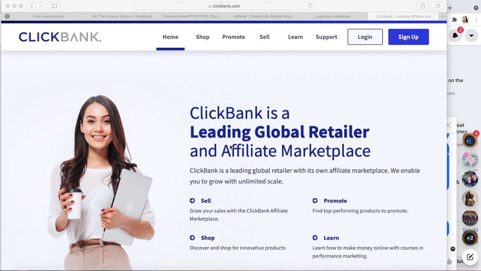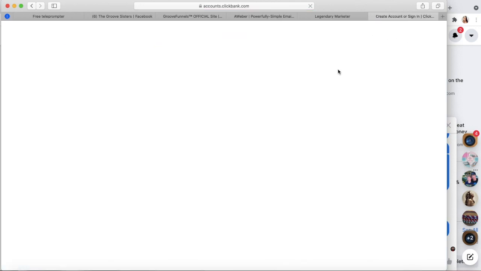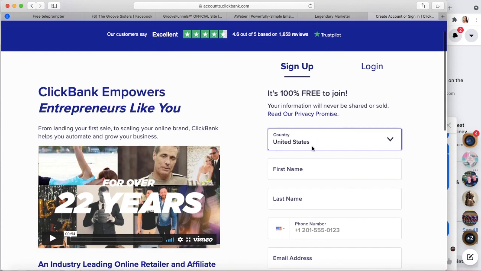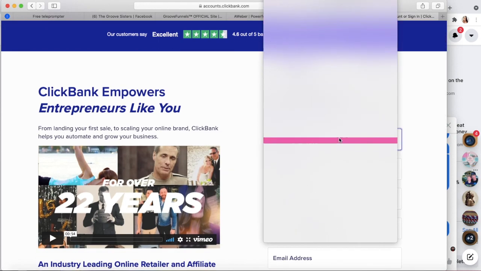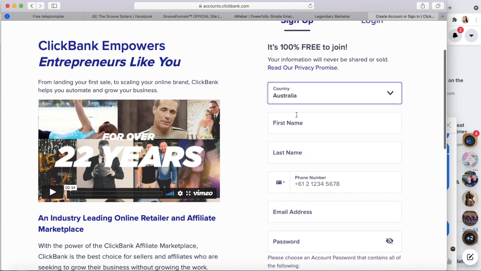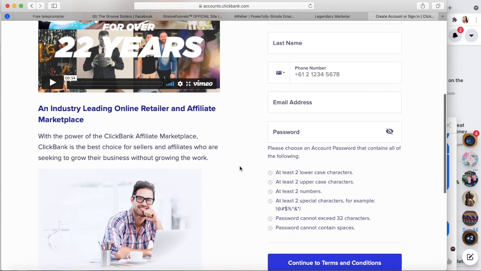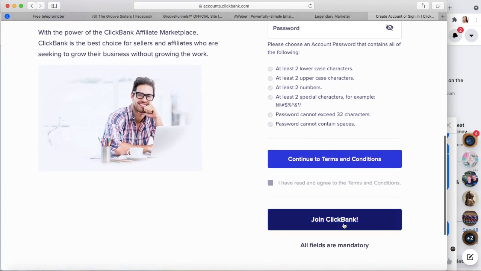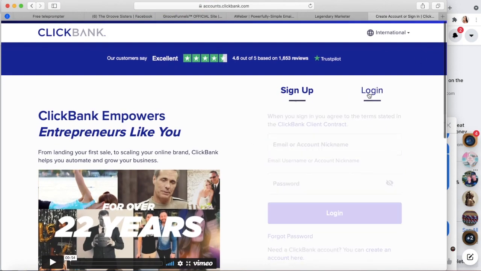Okay, so heading into clickbank.com, we're wanting to sign up for a new account. Now, I have already got an account, so I'm just going to show you exactly what you need to put in. So obviously putting your country, scrolling right up if you're here in Australia with me, name, contact number, email address, password. So basically what you're going to do is join the Clickbank family,